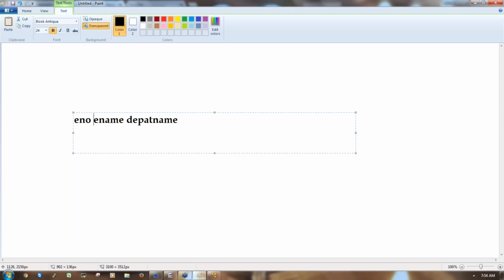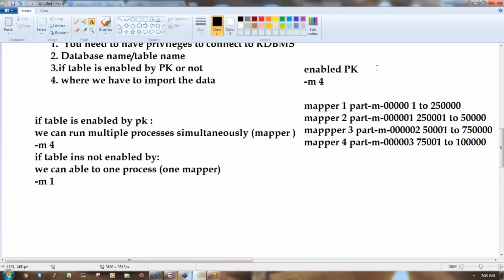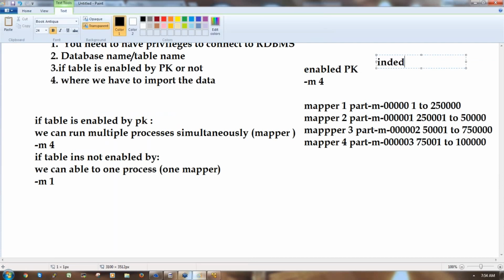Since employee numbers are unique, there are 1 lakh numbers, so with 4 mappers each mapper gets an equal distribution of rows, so each mapper retrieves the data simultaneously and writes it to HDFS. That is the logic: knowing whether the table is enabled by the primary key or not. It's very simple.